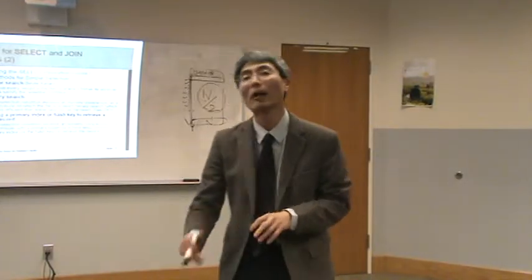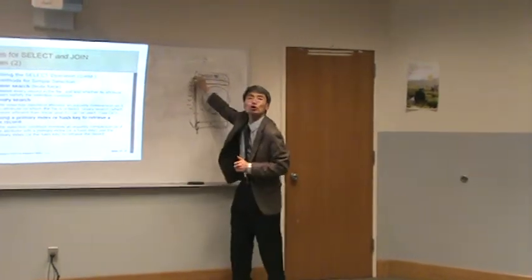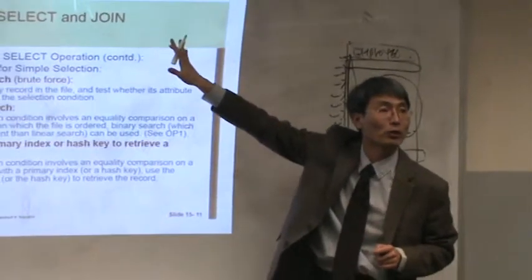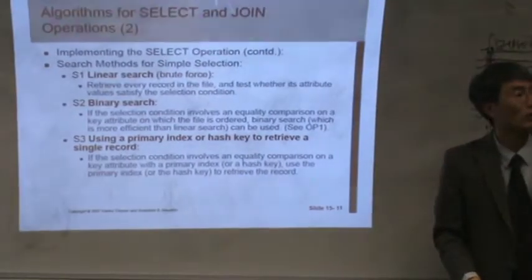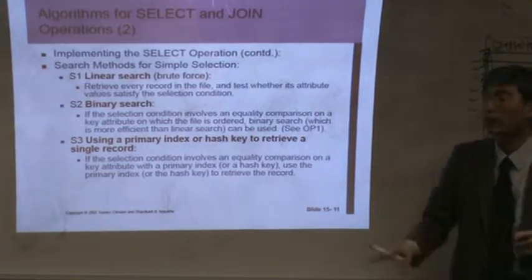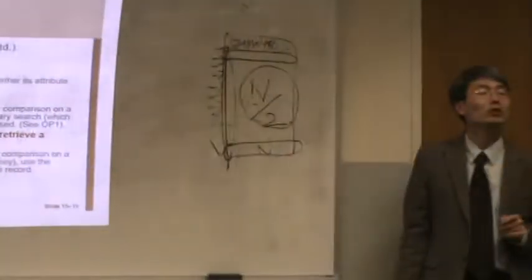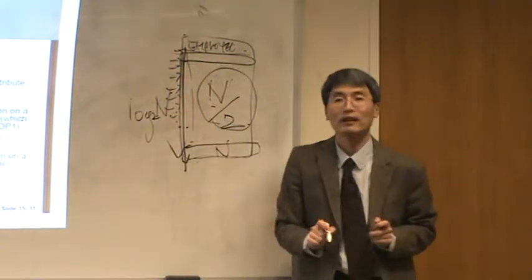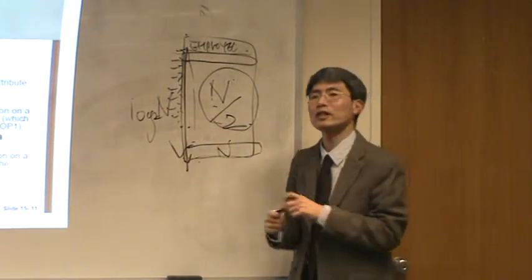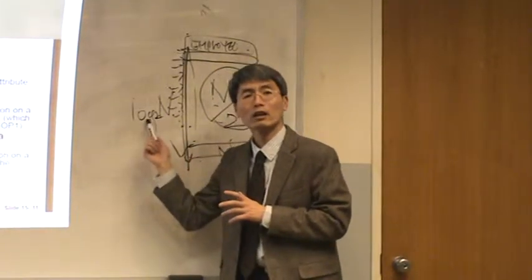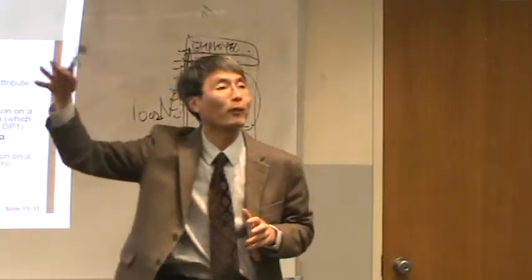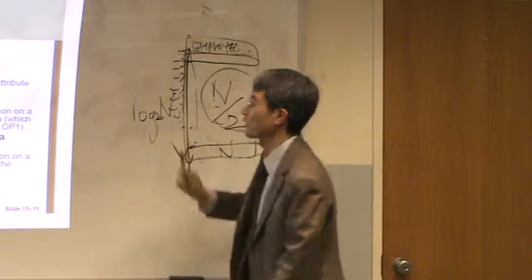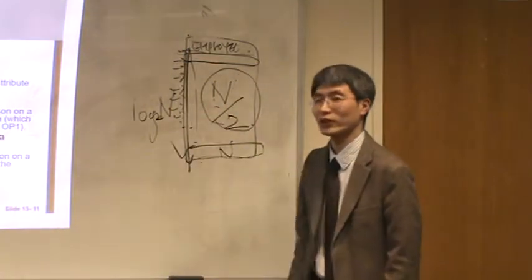And what is the average time to access it? But it should be sorted. That is different from linear search, where it doesn't matter whether or not it's sorted. But for binary search, it should be sorted. Then what is the average time to access with binary search? That is log n, based on 2. So whenever you see something binary, it should be log something in the complexity or average time, in computational theory. So that is a binary search.